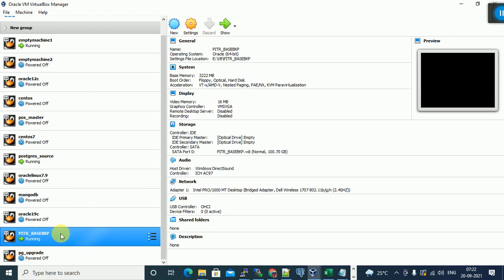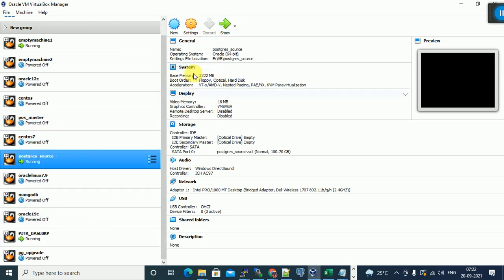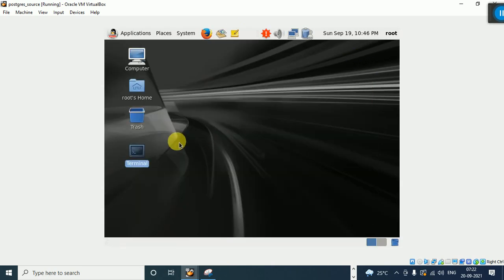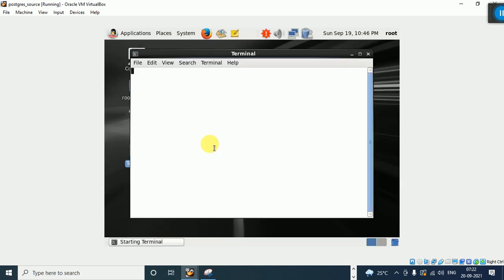Let me stop other machines. How to shut down the Oracle Linux machine? Currently it's running. How to shut down the virtual machine? init 0.